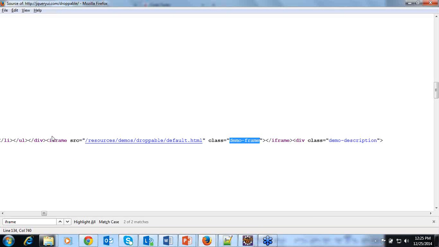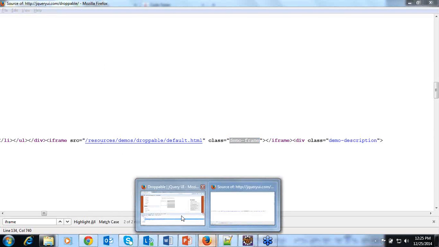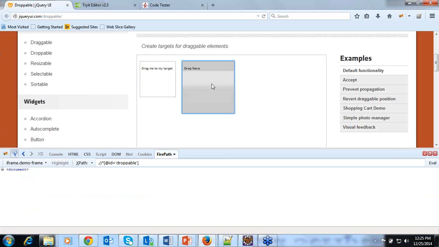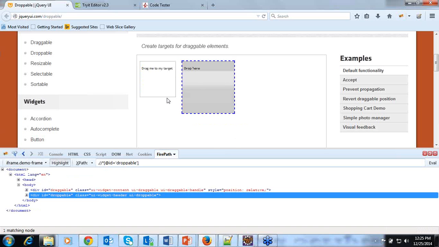So first we have to switch from the main window to the iframe, then I can use the element that is displaying, that is draggable. And if I want to work with another element present in that table, that is droppable, again I have to switch to the sub window from the main window.